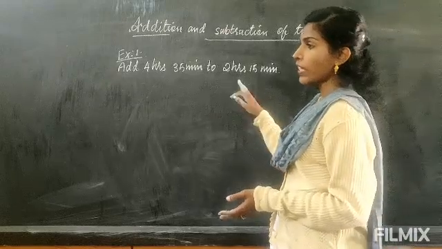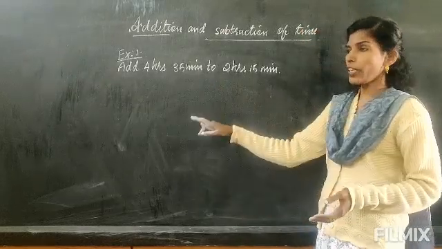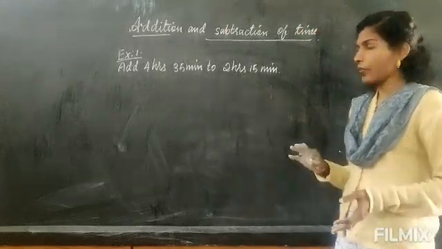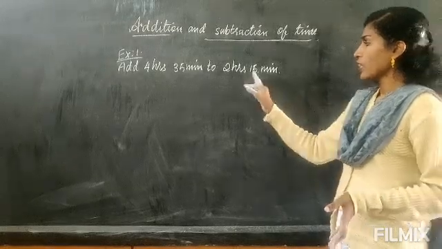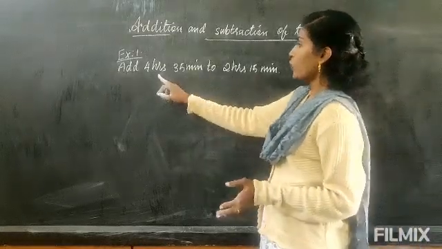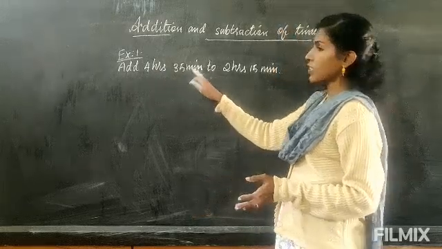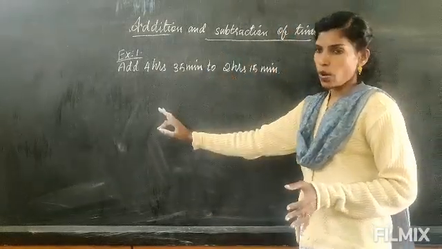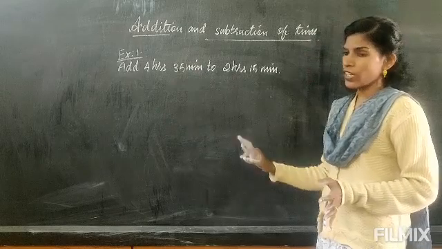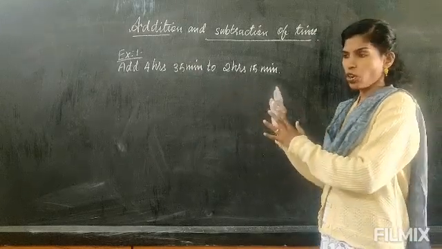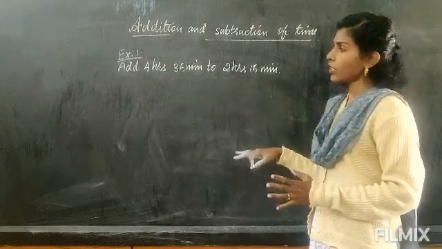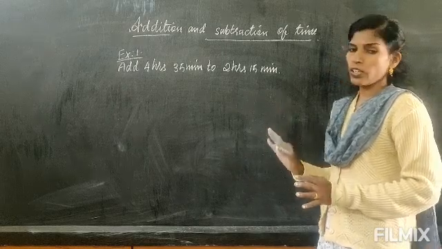Suppose if it is in meter and centimeter, we arrange the meter in one column and centimeter in one column, we did it. The same way here, you have to see the time what is given, whether it is given hours or minutes or seconds. You arrange the hours in hours, minutes in minutes and seconds in seconds, in each other's column, no? The same columns you arrange the numbers. Then after arranging, you can add it.